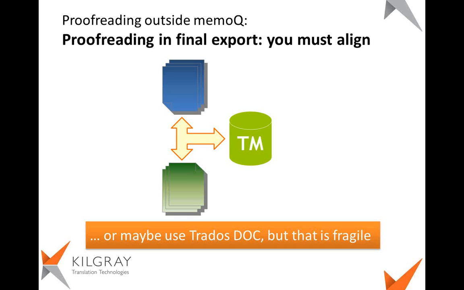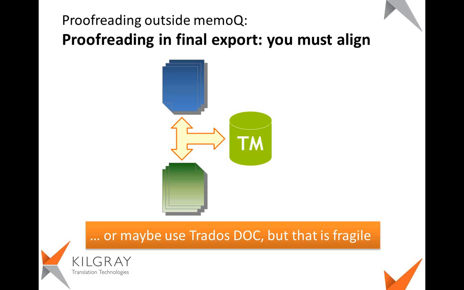And the proofreading is done in the final formatted version of the document. That document, with the exception of the bilingual doc files, cannot be bilingual. I have never seen such a thing as a bilingual INX or InDesign file or bilingual HTML file or the like. So in that case, it is tricky to update your translation memory